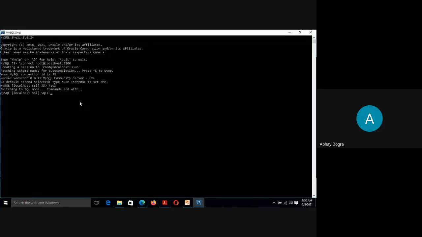So if you want to know what all databases are installed in your computer or in your SQL server, then you need to use this command, show databases. So terminate कीजिए and press enter. You'll get this list here,